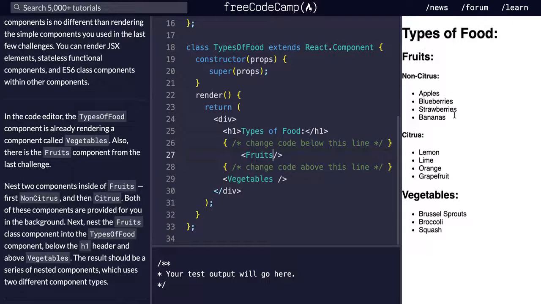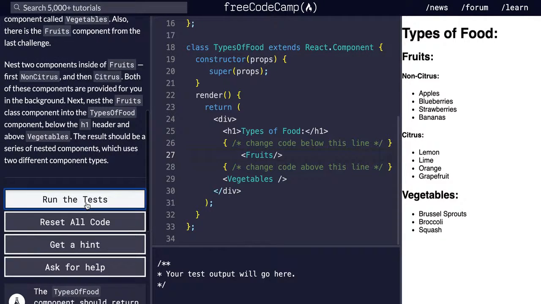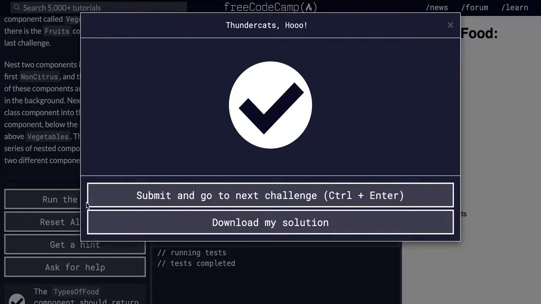See how it all came up in the HTML page? Exactly, that's how you do it. Alright guys, I think that's all really. Let's pass our test. Yes, we're passing it. Alright guys, I really hope you understand the concept of how to create nested React components,